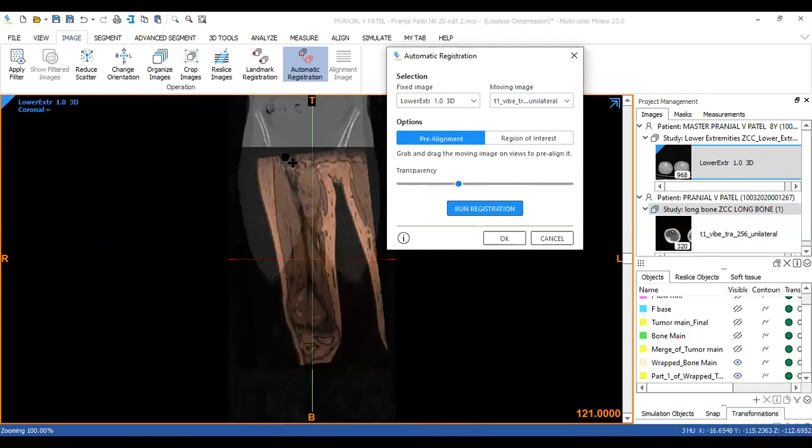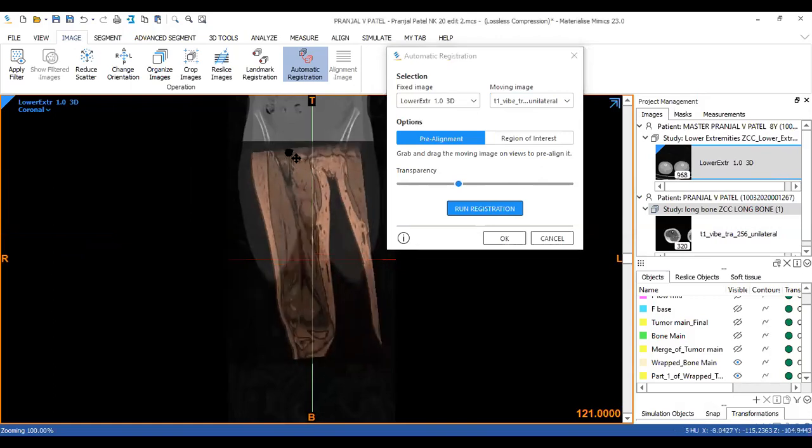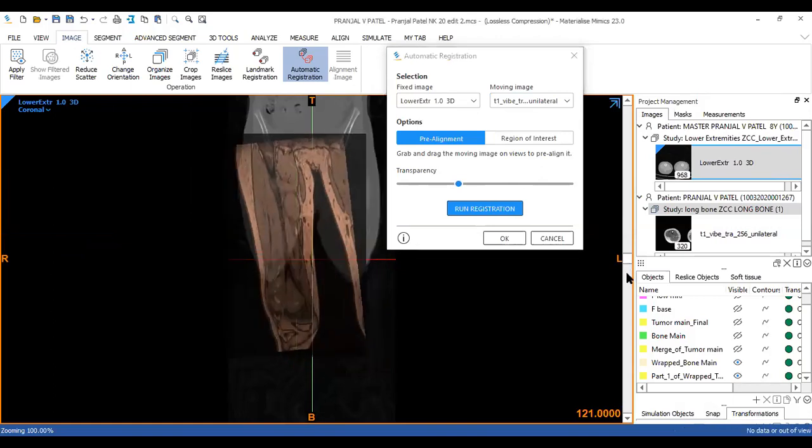Now I can drag and drop this anywhere I want. I have to basically align it as per my requirement.